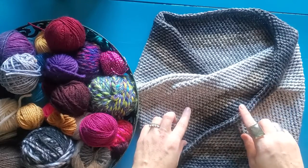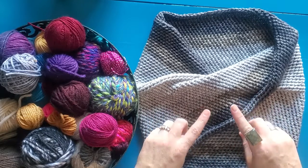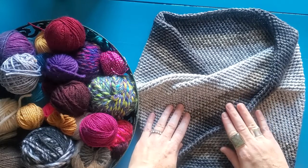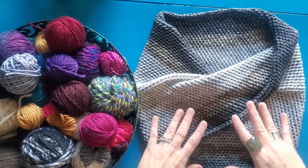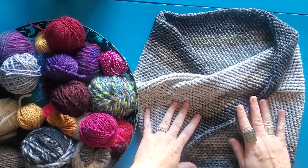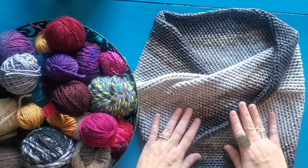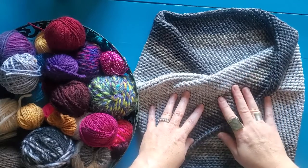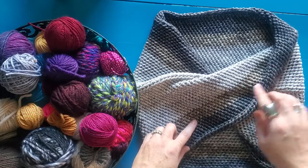My friends, if you know me, you know that I love a good technique that looks super complicated but is really easy. I must confess, when I started trying to figure out both how this worked and how I was going to teach it to you, it confounded my brain a tiny bit because I couldn't picture it. But once I got it figured out, I was thrilled, and I am so excited to teach it to you today because it is a truly simple technique, and I have a fail-proof way for you to make a Mobius